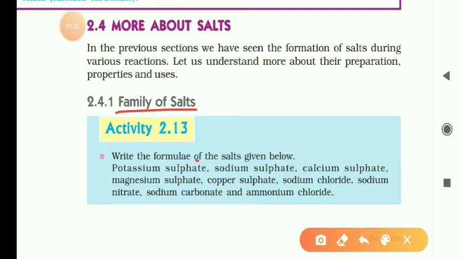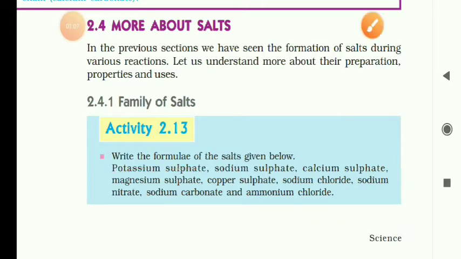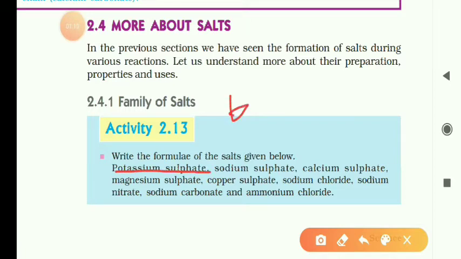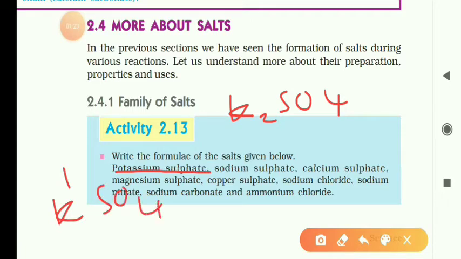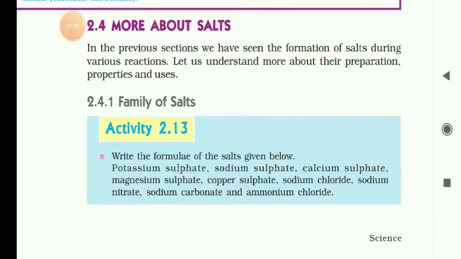Write the formula of the salts given below. Potassium sulfate, K2SO4. How is K2SO4 formed? You know that valency of potassium, K is 1 and sulfate is 2. By crisscrossing, you got K2SO4. In the similar way, sodium sulfate, Na2SO4,